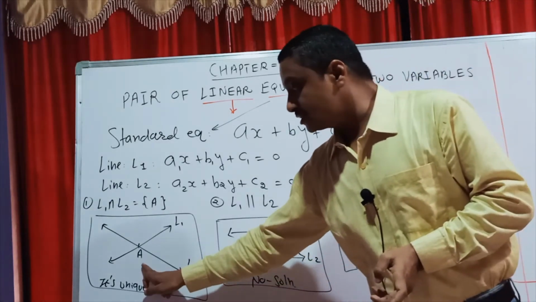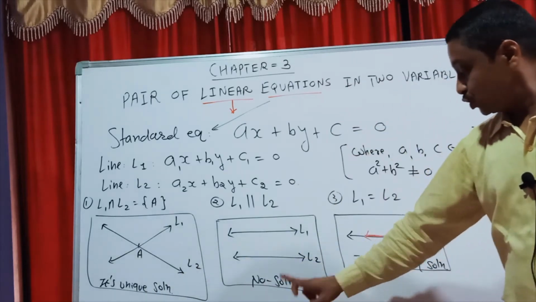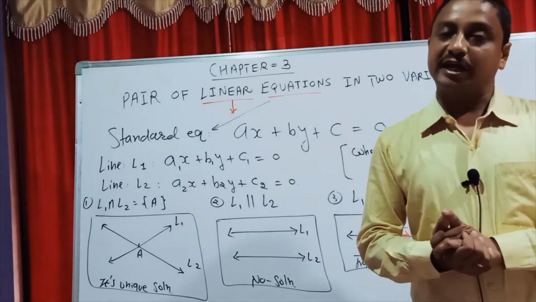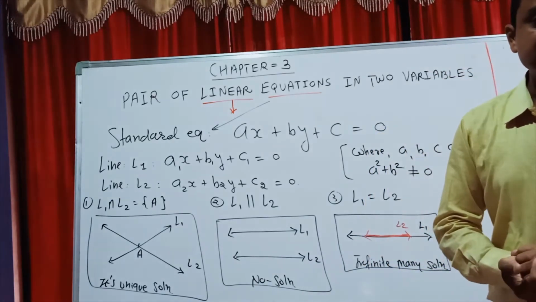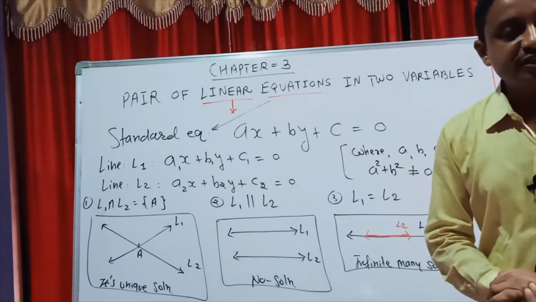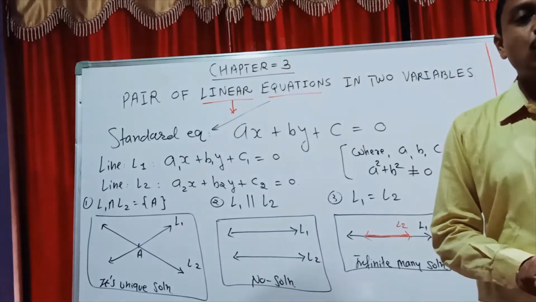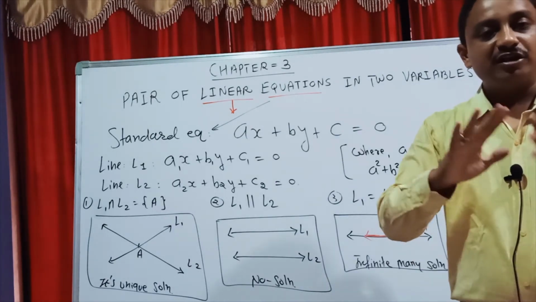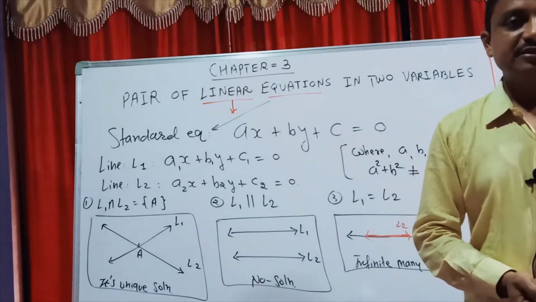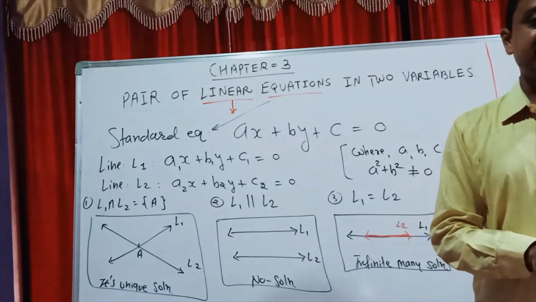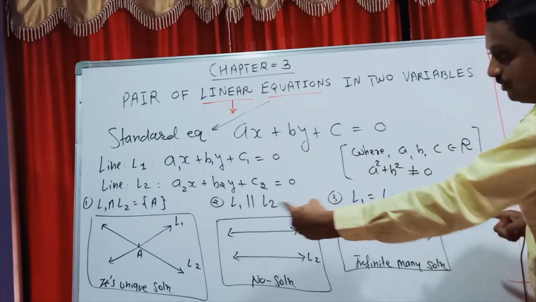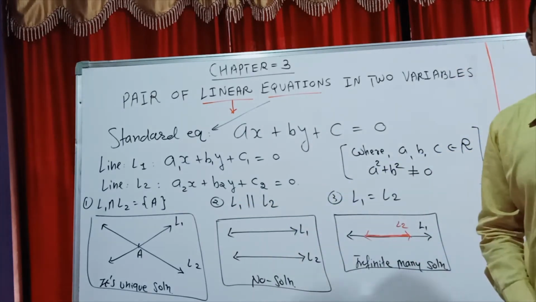Students, for unique solution, no solution and infinite solutions, there are 4 different methods given in your textbook. One is the graphical method, second the elimination method, third the substitution method, and fourth the cross multiplication method. After all 4 methods are completed, I go on to word problems. So there are a total of 5 major parts in this chapter, but overall the answers are only 3 types. Clear? So let us start.